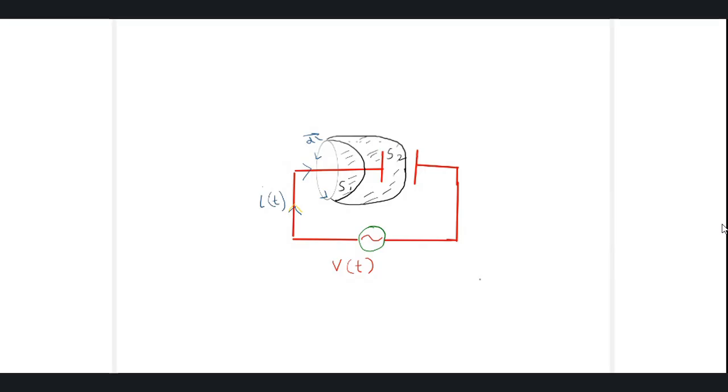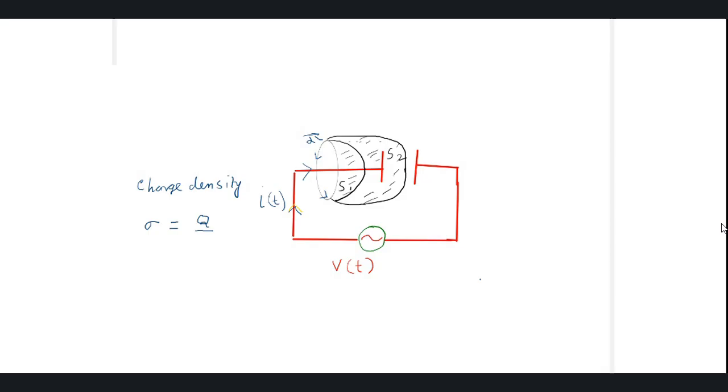So Maxwell actually suggested that when the capacitor is getting charged like this, the charge density of the capacitor, if we denote this by sigma, it should be Q by A,